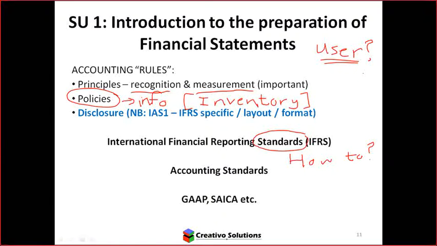So in this module, they ask you a little bit about the policies in terms of the actual notes. We spoke about notes in the previous module, and you'll see more notes in this module. When I talk about a note, it is a working that you attach to a calculation, so it's almost like a reference. A note you are familiar with is property, plant and equipment, PPE. Do you agree? Yeah. PPE is a note. Yes, it is. So that note is going to contain all the detail, and that detail will be summarized